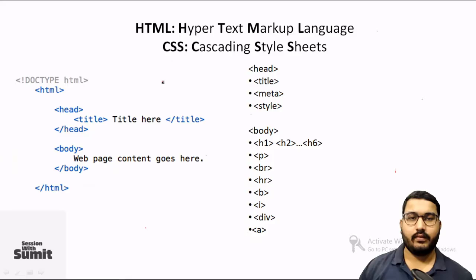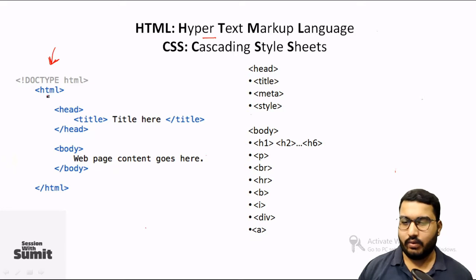So let's get started. So now let's start discussing what is HTML and what is CSS in detail. So HTML stands for Hypertext Markup Language and CSS stands for Cascading Style Sheet. So all the web pages and all the websites that you look at, all those websites and web pages are basically written using HTML language. So the basic language is HTML, and on top of this there are additional technologies like JavaScript you can use to add more functionalities to your web page. But this HTML will always remain the basic language to write a web page.